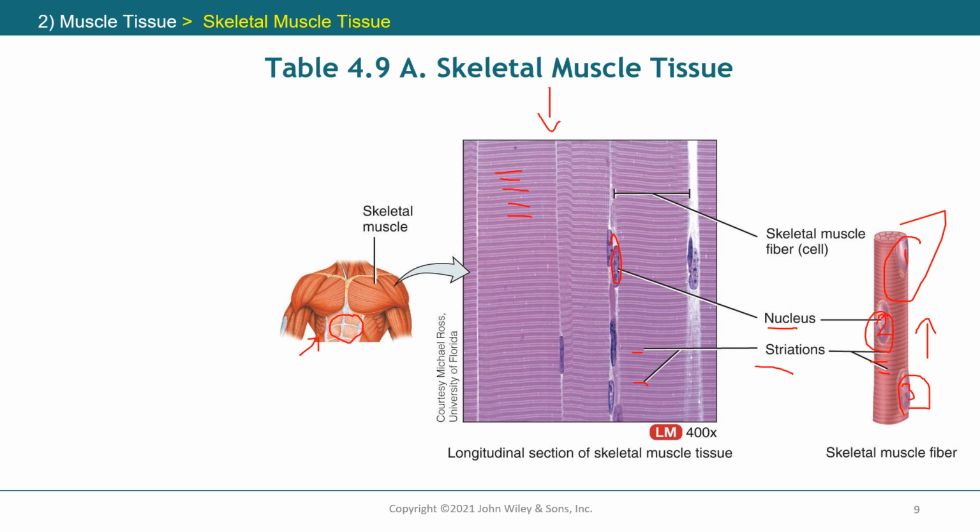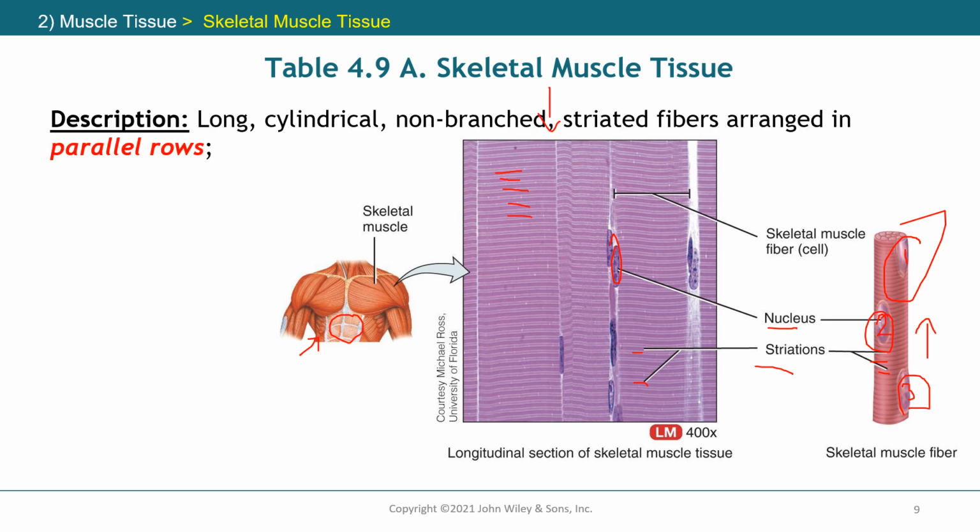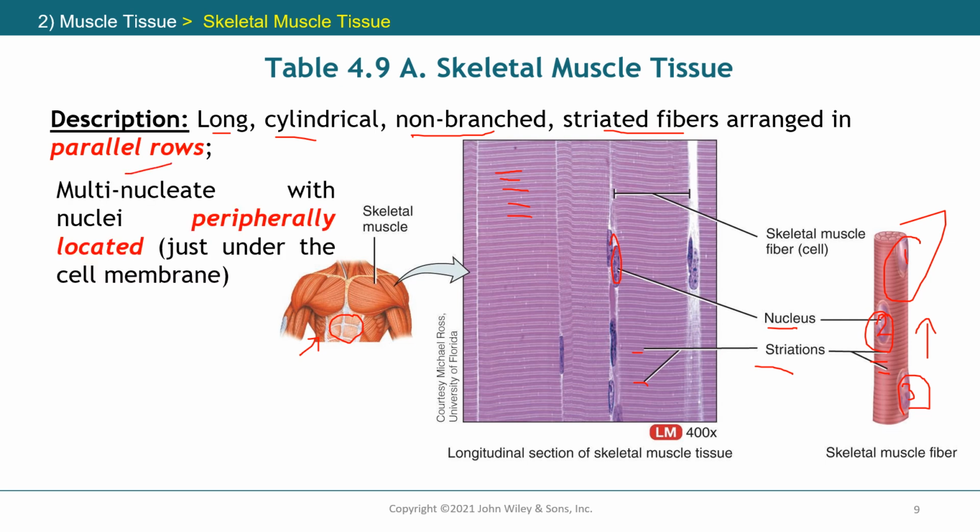Now let's recap all the things that I told you about the skeletal muscle tissue. Let me delete this for you. The first thing I told you is that it's long compared to other muscle tissue, cylindrical, and if you see here, there is no branching. This is different from the cardiac muscle tissue. It has striated fibers that are arranged in parallel rows. I also told you that they are multinucleated. And I forgot to tell you that the nuclei are located in the periphery of the cell. Why? Because